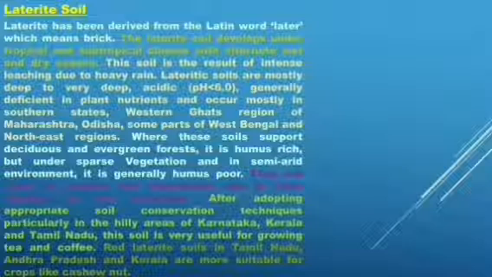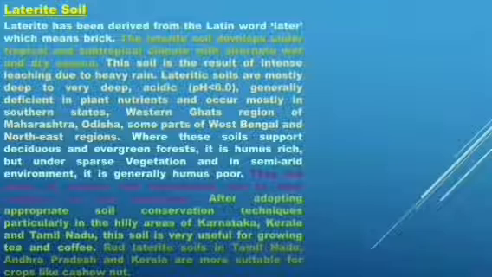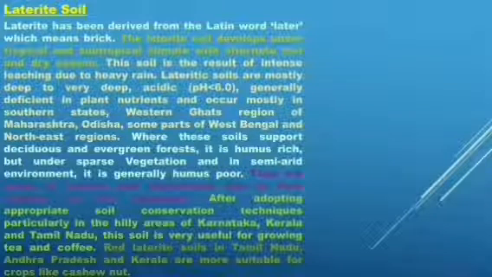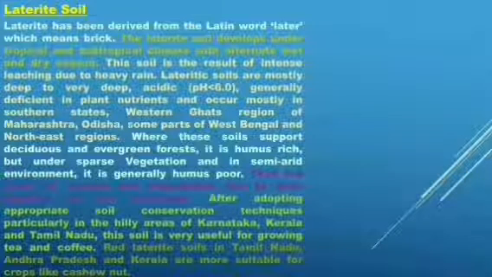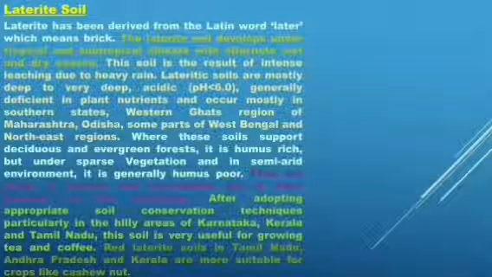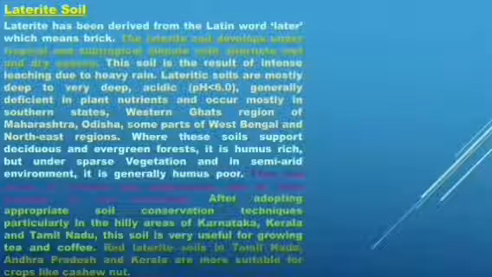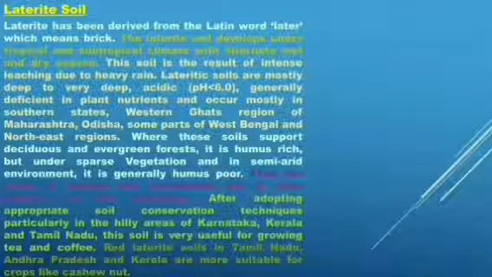That is, one is high temperature, another is high rainfall. Due to high temperature, the bacteria present in the soil, which increase humus and organic substances, are all destroyed. Due to heavy rainfall, the topmost soil is leaching off or eroded, means all the characteristics of those soils are decreasing or being lost.